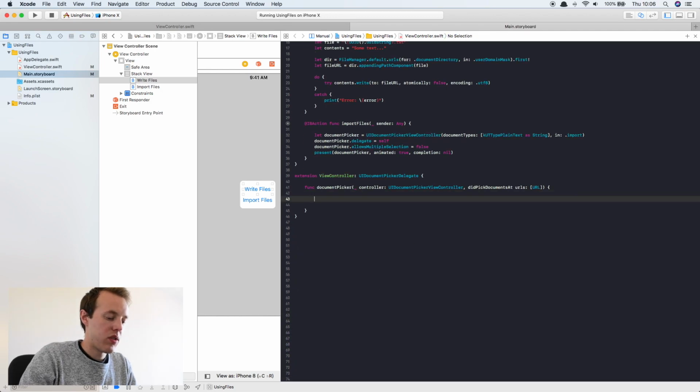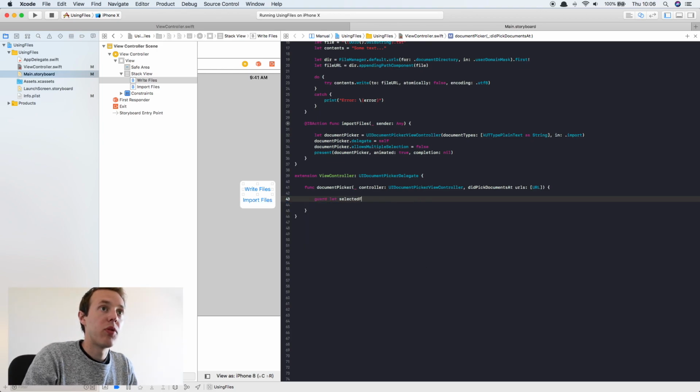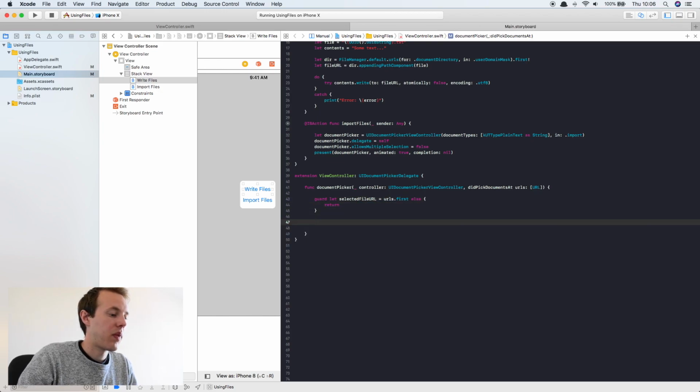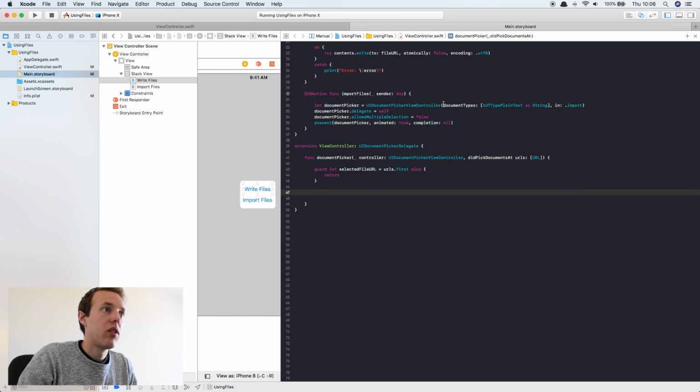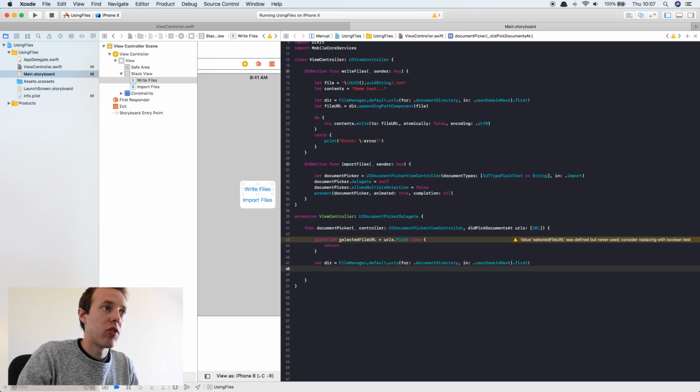Right. So let's make sure we've actually got a URL to import first. Guard let file URL equals urls.first, otherwise we don't need to worry about it. Okay, so the directory we're going to be writing to is the documents directory, so we can just copy this. And the URL within the app sandbox is going to be